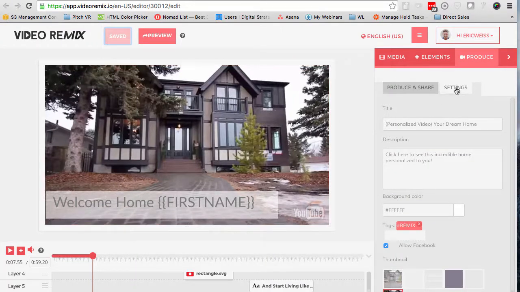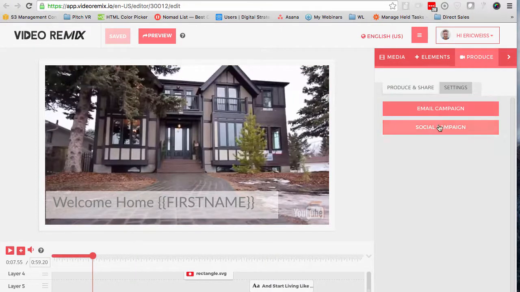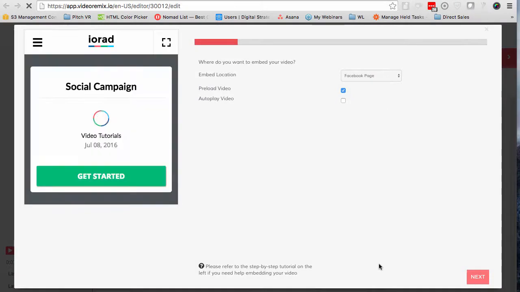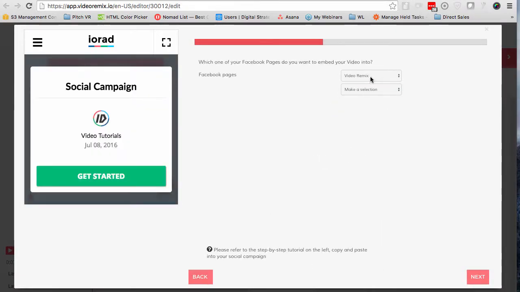And I'm going to go to produce and share, where I'm going to select social campaign. I'm going to put it on a Facebook page, and then I'm going to select whatever Facebook page I want, and I'm going to say personalized home or whatever you want it to say. So this is going to create a tab. Then next,